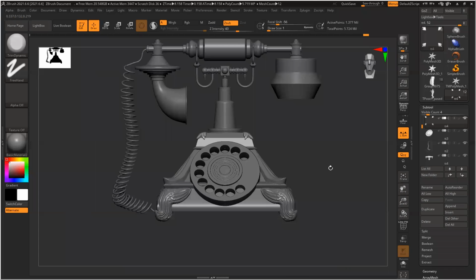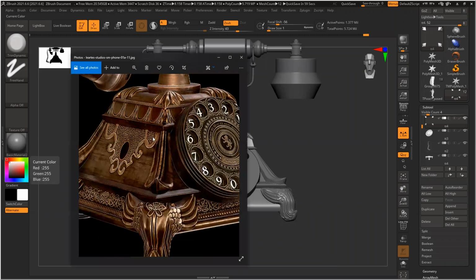So like this, I can create all the designs, all patterns and everything. So now in my model, I have all these designs and plus this thing. This is something I can do directly in ZBrush, but this will be a lot of manual labor. So for this kind of design, on all these designs, I'll use an alpha. I'll create an alpha in Photoshop and I'll explain how to create it and then how to use it in ZBrush also. And for this kind of shape, I can do it directly in ZBrush very easily.